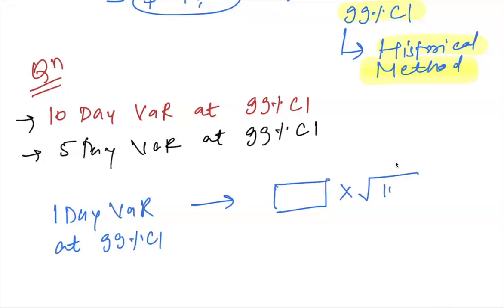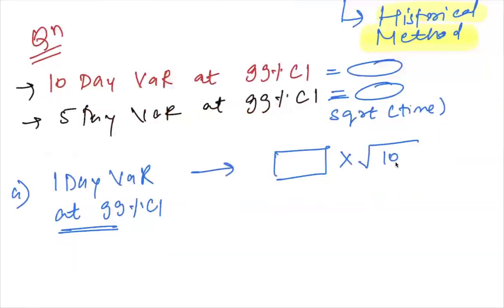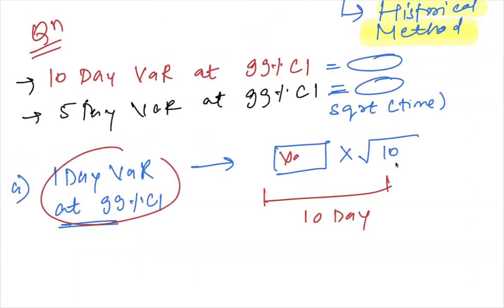In the first case, we have 10-day, right? So whatever VaR number you get here, just multiply it with the square root of time. Because we have calculated 1-day value at risk at 99% confidence interval, to calculate the 10-day value at risk, you multiply it with the square root of time. What is t here? It is 10. So when you multiply this VaR with the square root of 10, the resulting number is nothing but your 10-day value at risk